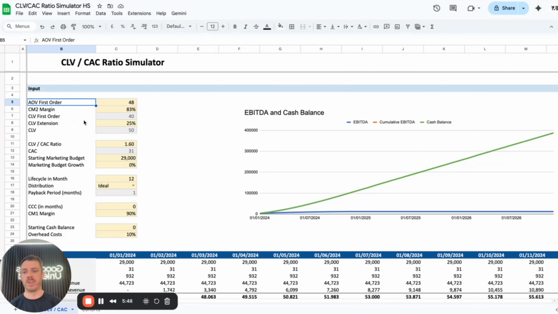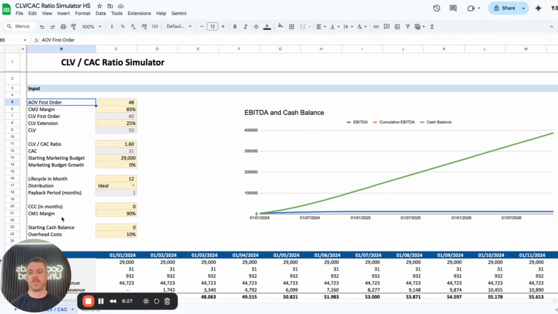So first of all, AOV, average order value. The average order value, pretty straightforward, is the average value of each order for the product that you sell. Let's say you have 100 orders from 100 customers, and they all have different values. You take that entire sum, divide by 100, and that is what you end up with. This is a really healthy metric to understand what people usually spend on average in your store, and through that you can calculate all of the following metrics.